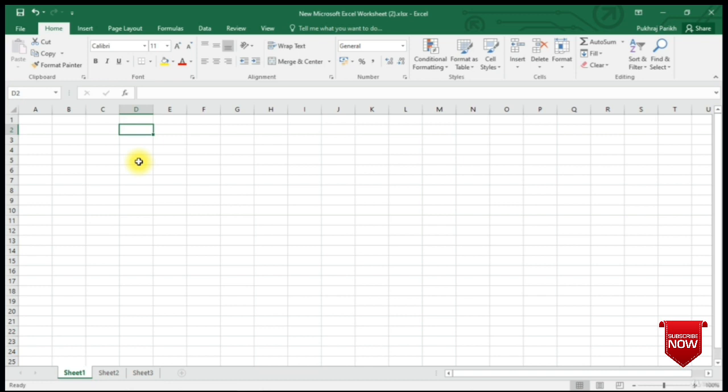So I want to write columns in cell B2. I click on cell B2 or use the arrow keys to navigate to cell B2 and then start typing columns. Then I press the right key on the keyboard. I am on cell C2 now. Now let's write 16,384, which is the total number of columns in a worksheet.